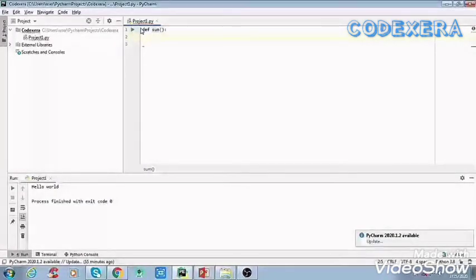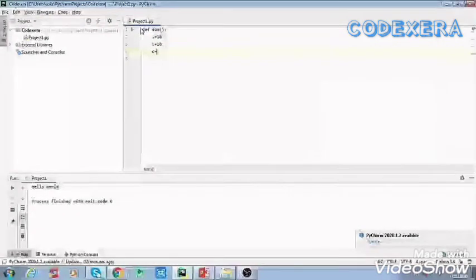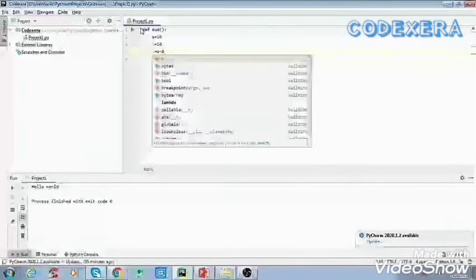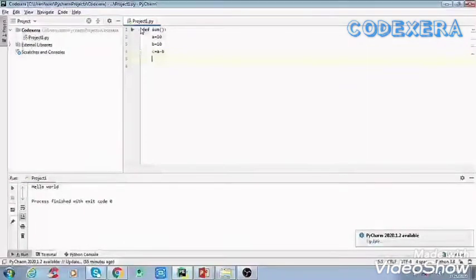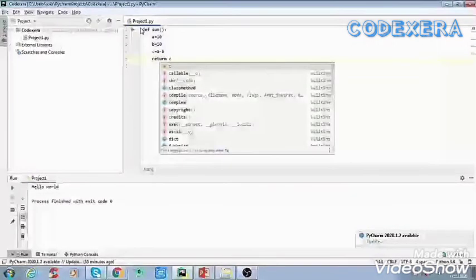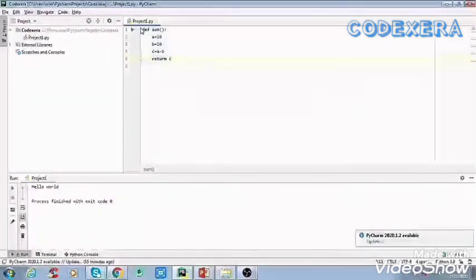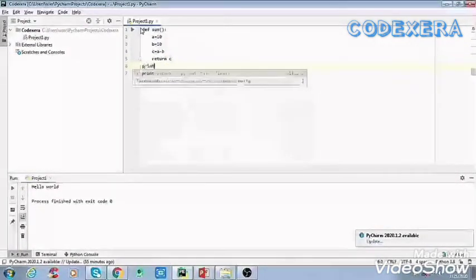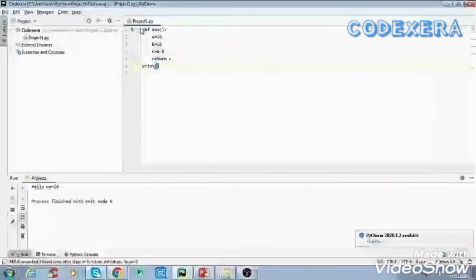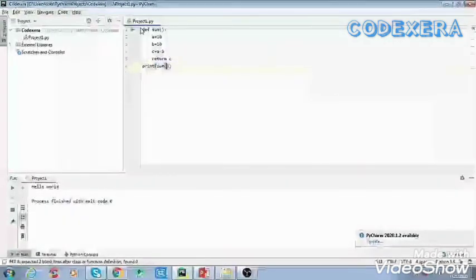After that we'll write here a is equal to 10, b is equal to 10, c is equal to a minus b. And after writing this, we'll return c, and here we'll print the function like this.